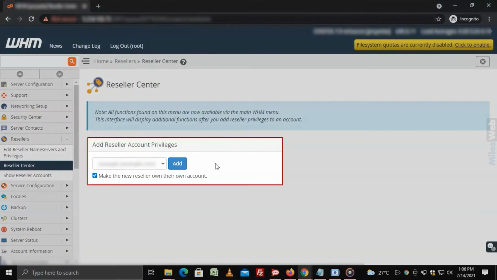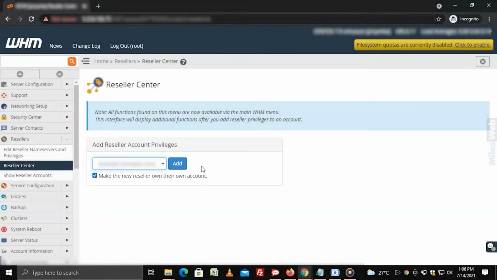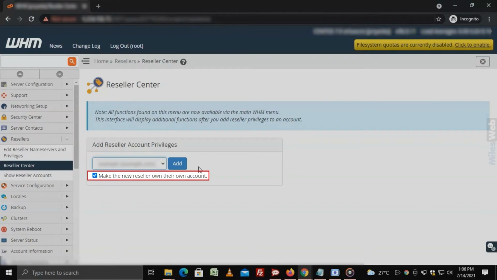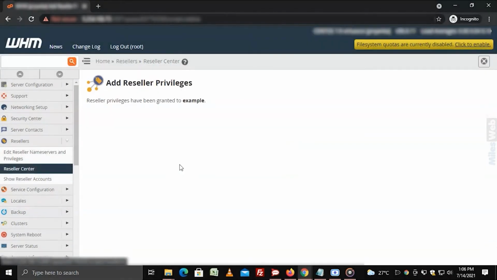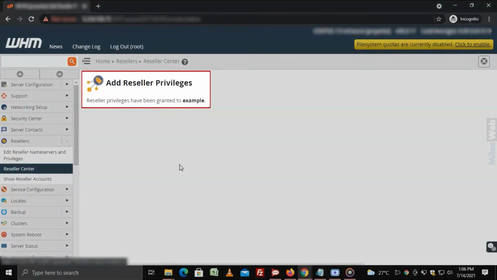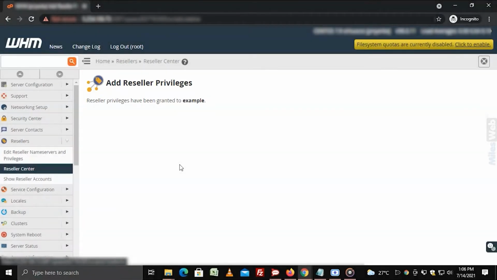Select the cPanel account from the Add Reseller Account Privileges drop-down menu to apply the privileges. You can even select the Make the new reseller own their own account option. Click on Add. The system will display a confirmation message to inform you that it has granted the reseller privileges to the account.